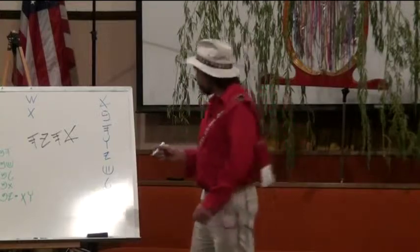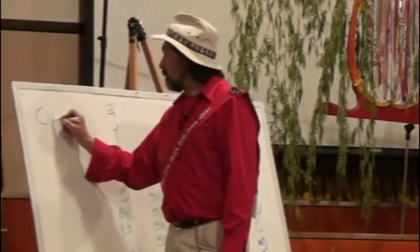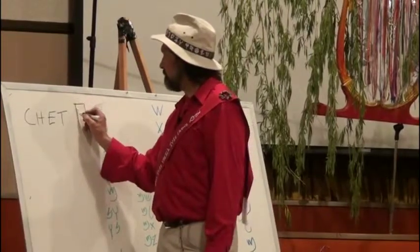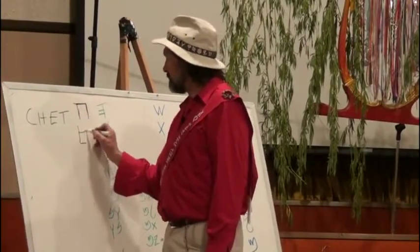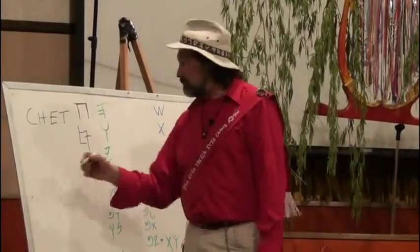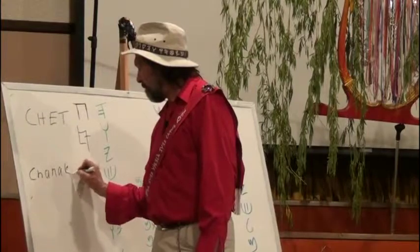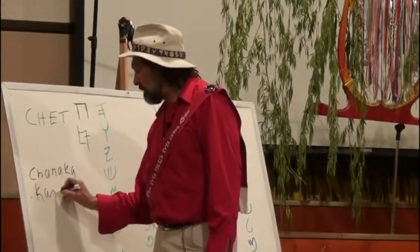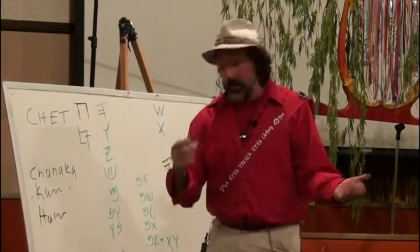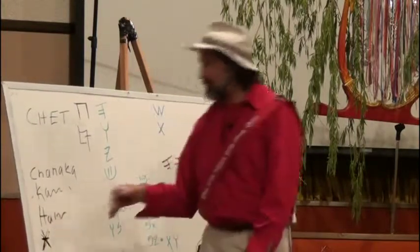There's one thing that makes a big difference. We'll get to it next week. Some people write the eighth letter, C-H-E-T. In modern Hebrew, it's this. The other letter was a hey. In Paleo, it's this. There's a certain dictionary I have that I didn't bring, which when writing an English word like Hanukkah, some people say it's Chanukah, and some people say maybe it's Hanukkah, or maybe it's just Hanukkah with an H. But what they do in this other translation of the dictionary is they wrote an X with a line through it. And it's actually pronounced as a guttural